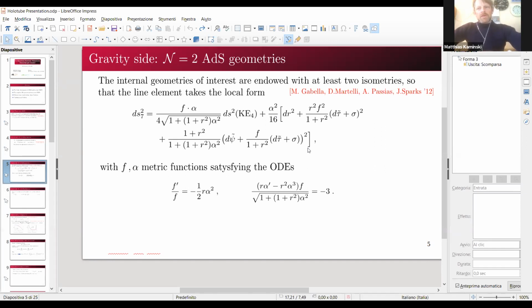Yeah, I was just interested in understanding better what the solution is, and what the dual field theory is, like if it's a thermal field theory, for example, like this is the CFT in a thermal state. So that's something that I don't see, but yeah, okay, that's just something to get an idea.